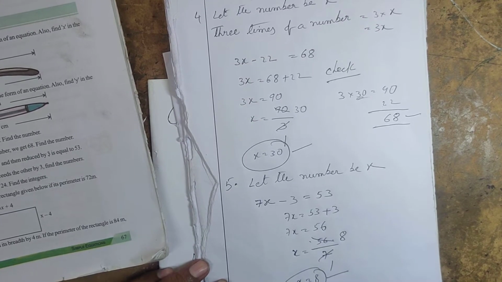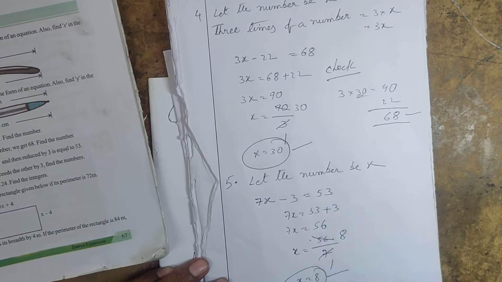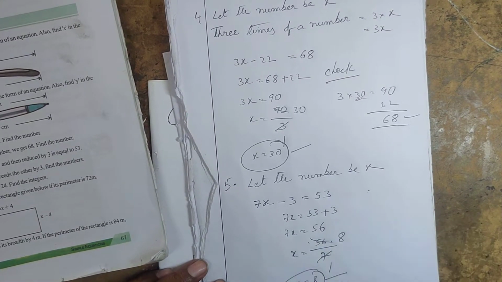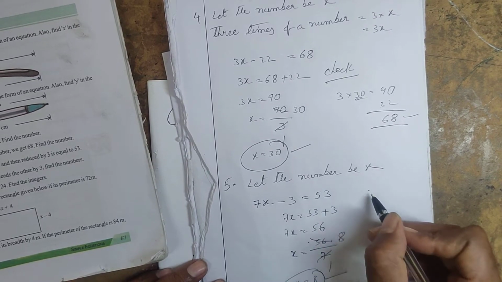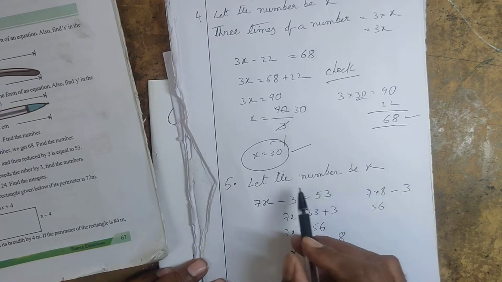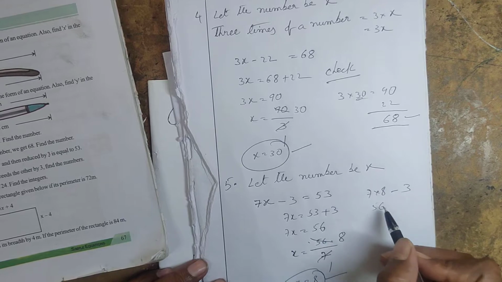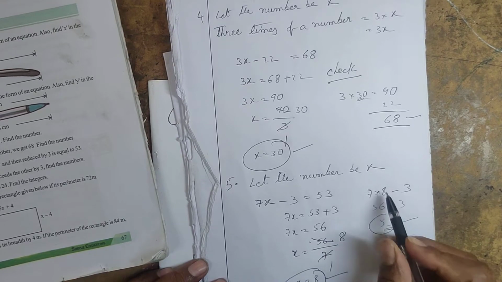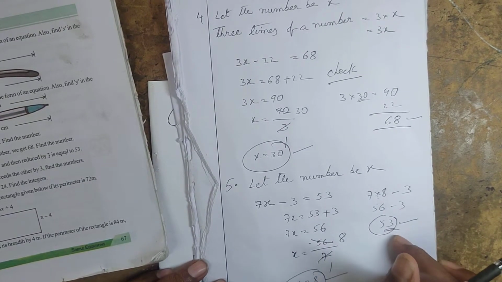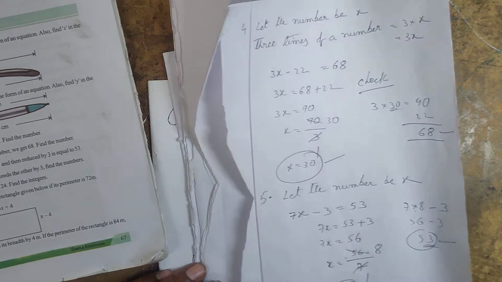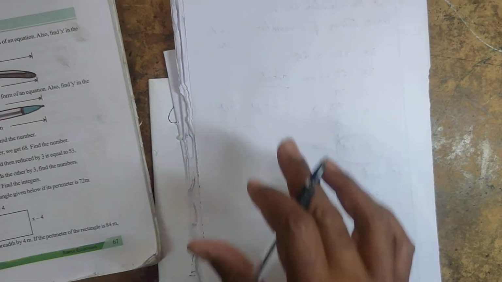So whether this 8 is true or false, right or wrong, if you want to know it, what you have to do is, this 8 should be multiplied with 7. 7 into 8, how much are you getting? 7 eights are 56. And from this product you have to subtract 3. 56 minus 3, you are getting 53. The result is 53. So LHS is equal to RHS. Hence verified. Okay. Now we will go to the next problem. So reading of the problem is very, very important. Next, sixth question.